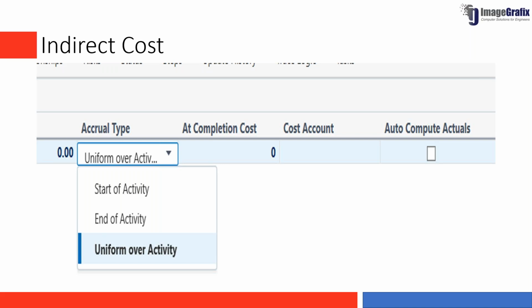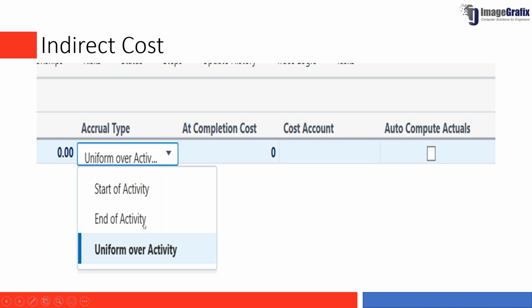Accrual type will be really useful when you want to define the expense item according to your requirement. Let's say there is a task, and at the end of that task completion you pay the consultant his fees. Then that expense can be tracked as end of activity, right?